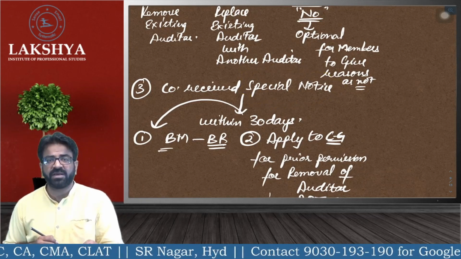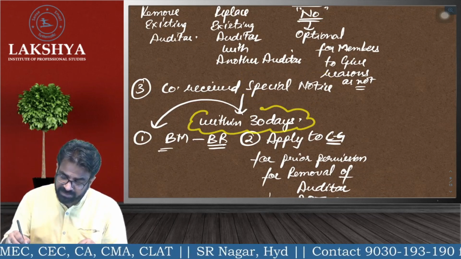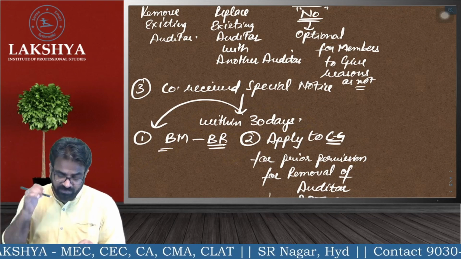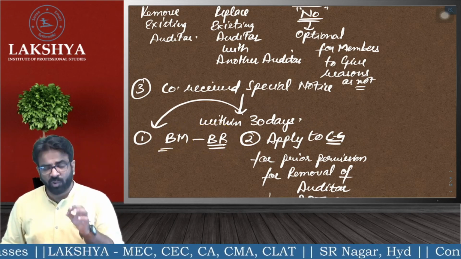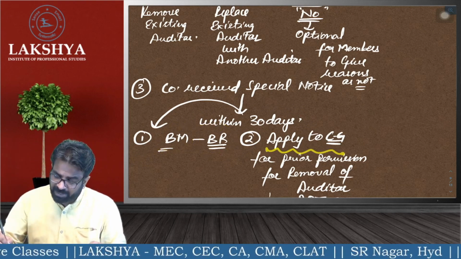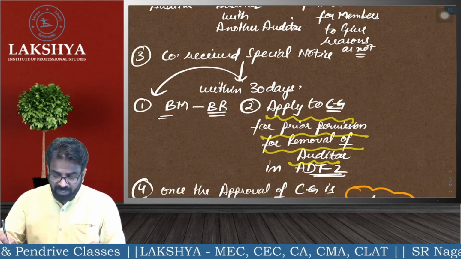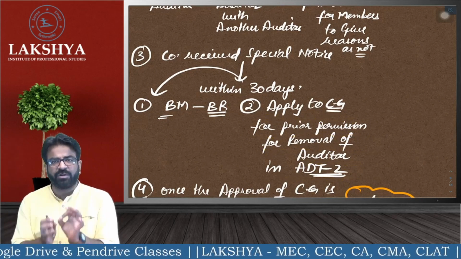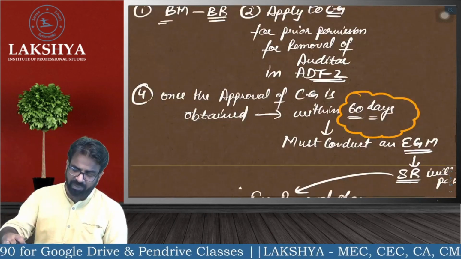Once the company received a special notice, then what will happen? Within 30 days, company has to do two things. What is the thing number one? Conduct a board meeting, pass a board resolution, and immediately apply to the central government for the prior approval of removal of an auditor in form number ADT-2. So we will apply in ADT-2, the approval will come from the central government, and once the approval comes,